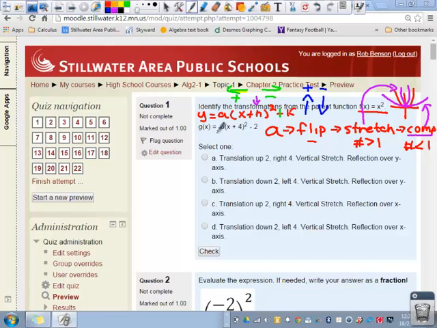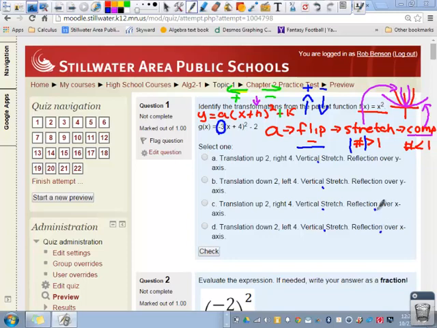We know that the a is negative 3. So we know it's negative, so it's going to flip it, and it's bigger than 1, the absolute value. Think about the absolute value being bigger than 1. So it's stretching it. So we're going to look for something that flips it and stretches it. So we've got a vertical stretch. It could be this one: vertical stretch, vertical stretch, vertical stretch. And flipping is the same as reflection over the x-axis. So reflection over x-axis right here. So it could be this one